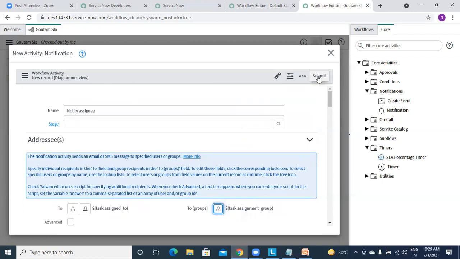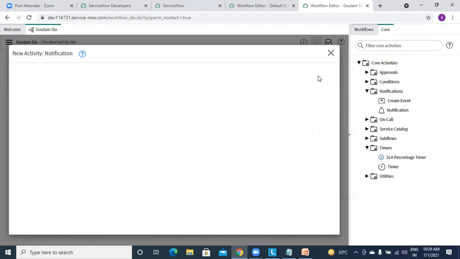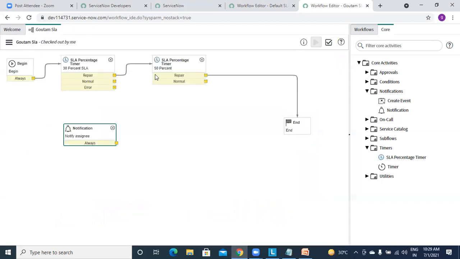Okay, so save, submit. When it is normal, then notify, and after notify, end. You can even write all the SLA percentages or all these activities. If you don't want anything, you can even stop here itself. That is based on your requirement.